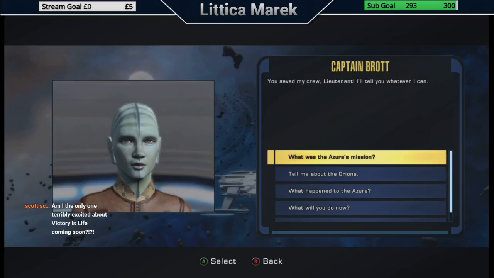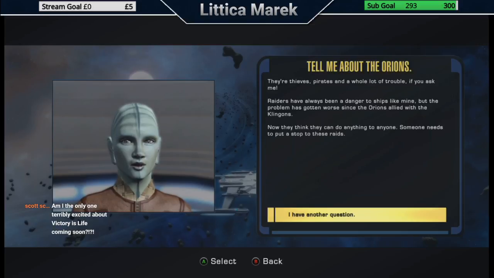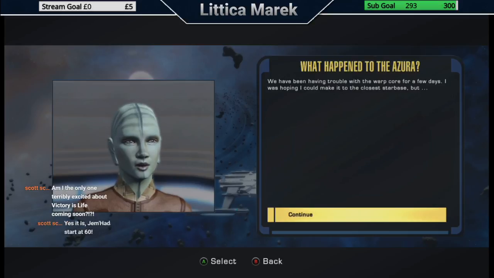You saved my crew. I'll tell you whatever I can. And tell me about the Orions. There's thieves, pirates, and a whole lot of trouble if you ask me. Raiders have always been a danger to ships like mine, but the problem has gotten worse since the Orions allied with the Klingons. Now they think they can do anything to anyone. Someone needs to put a stop to these raids. I have a feeling it may be me. I have another question. What exactly happened to the Azura? We have been having trouble with the warp core for a few days. I was hoping I could make it to the closest starbase, but...